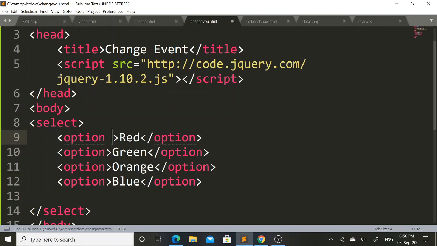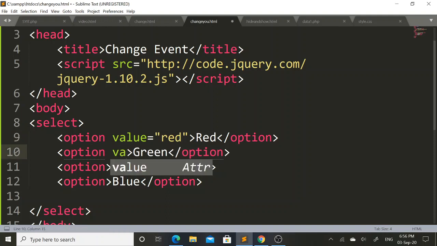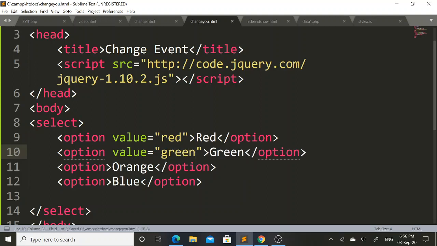Again, in a particular option tag I will mention value attribute. Since I have mentioned a red option over here, so I will set red color as a value. Again in green, in value attribute I will mention color as a green.